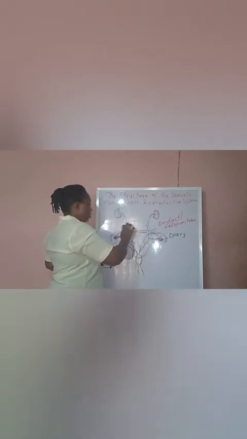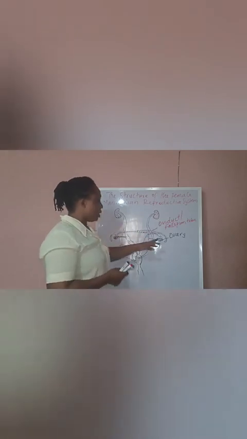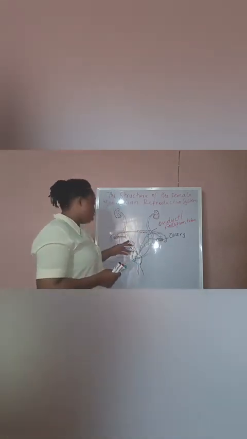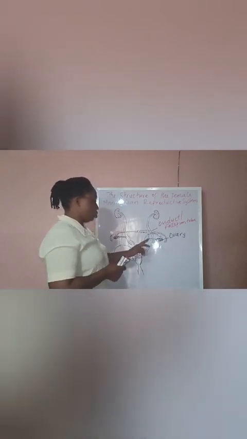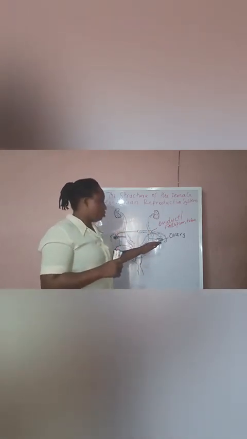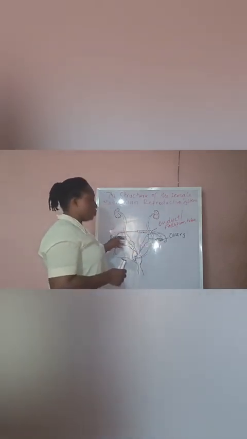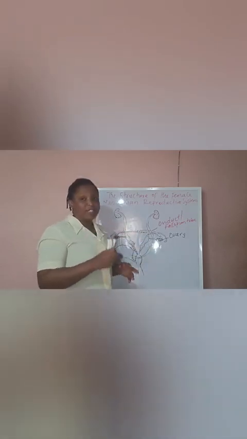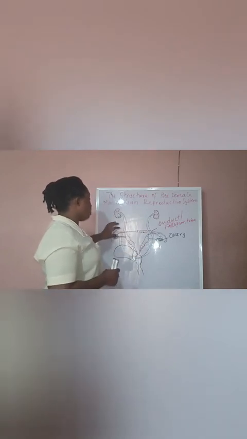Permit me to say before I proceed that the production of the egg is rotated between these two ovaries. They do that alternately. So when one releases an egg this month, the next time this one is going to release an egg. It's an alternating process between the two ovaries. So let's go back to the oviduct now.